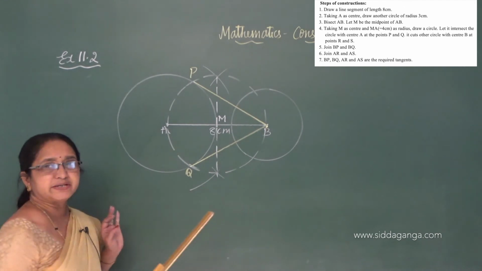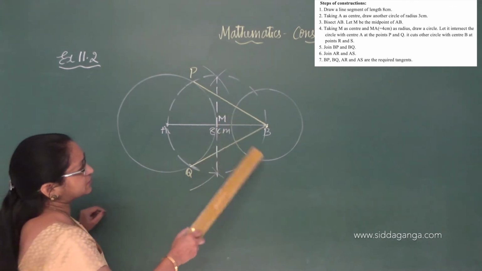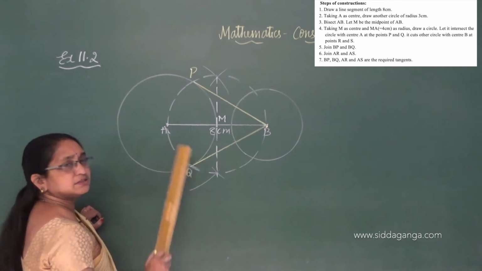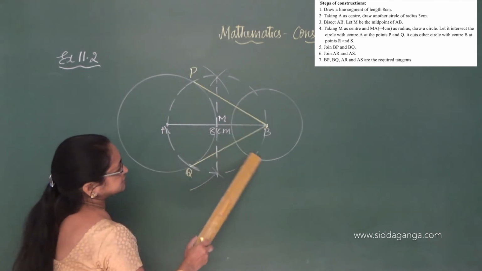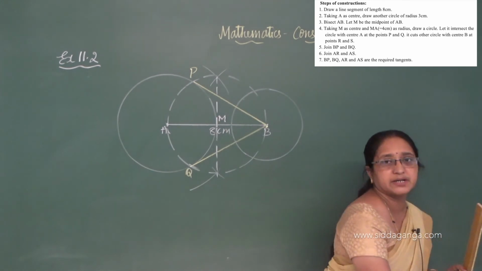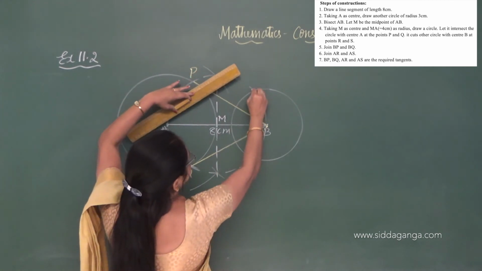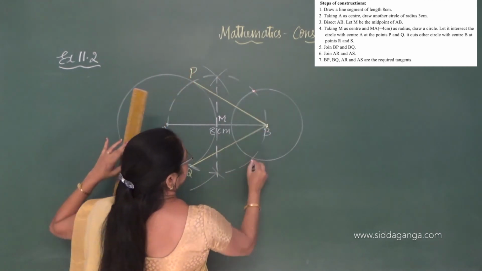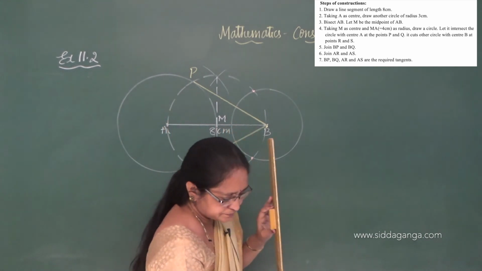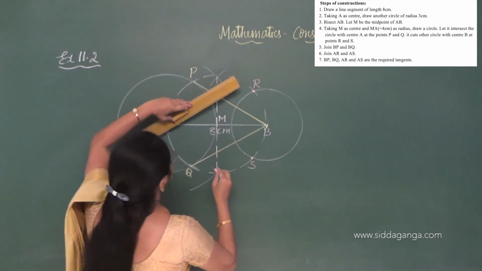Now, not yet completed, you all know. What I have to do is draw two tangents for this circle. So, these are the two tangents for this circle. Now I have to draw the tangents for this circle. I will use a different color so that you can identify easily. See here, it has cut this point and this point. So I will mark them as R and S.